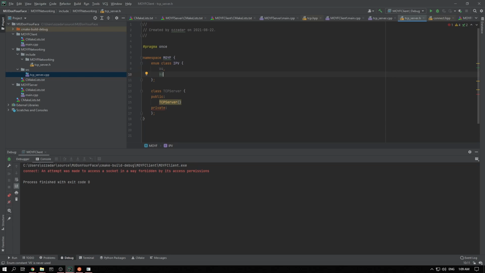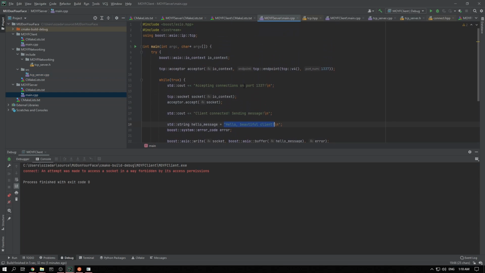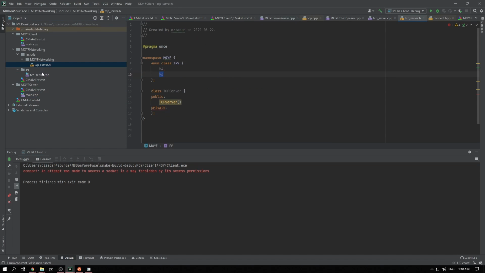Now we could use the base Boost constants for this, like we did before. If you look here, we passed in TCP v4 here, but the idea is that this way we can abstract it out and possibly switch out our networking backend in the future if we see fit. So the first thing we are going to want is our TCP IP version. It's going to take IP version, and it's also going to take a std string